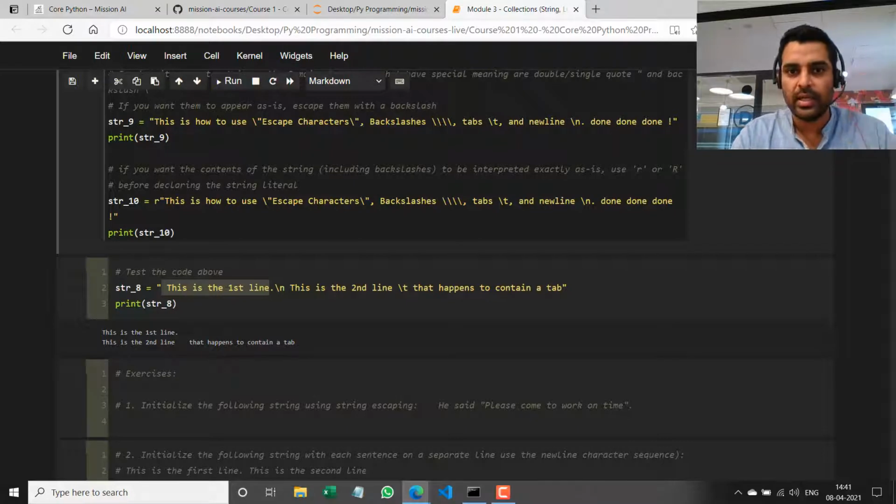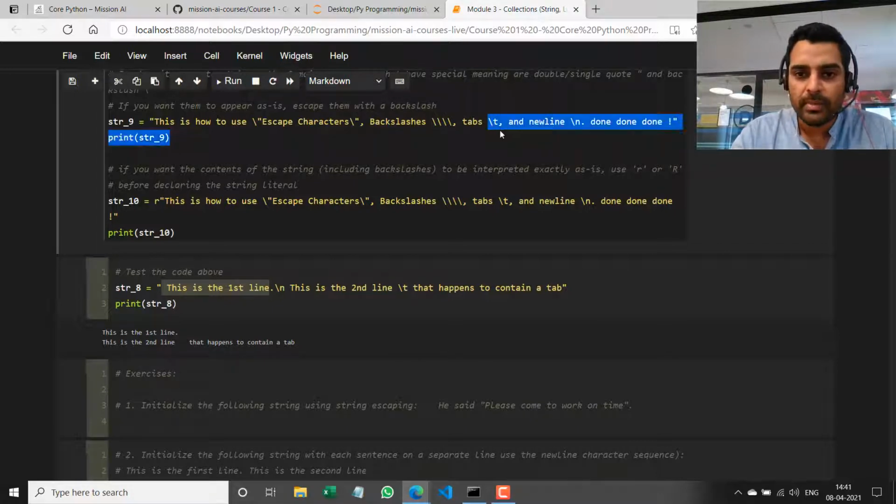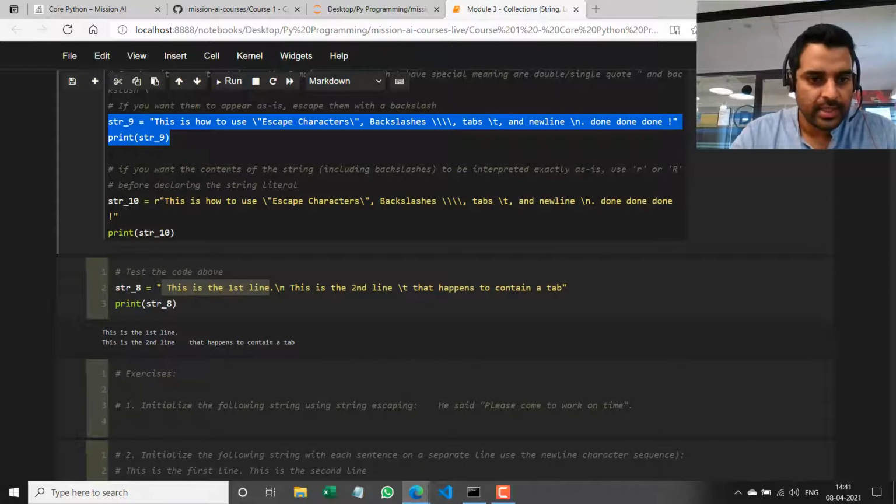So you get one in the output. And again, it's saying escape this next character which is backslash. So you get the second backslash. Over here, backslash t will give you the tab, backslash n will give you the new line, and then it prints the output. So let's copy that here